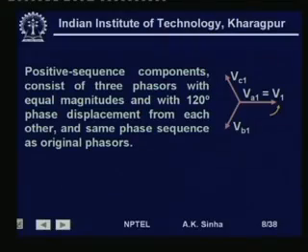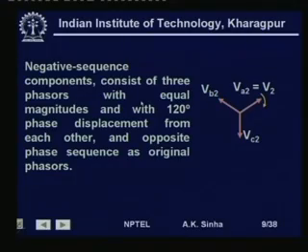Each of these phasors is displaced from the others by 120 degrees and has the same phase sequence as the original phasors, that is, the phase sequence is A, B, C, A, B, C, A. So, first A is here, then it moves 120 degrees, B will be in this position, then again another 120 degrees, C will be in this position, and so on. So, the phase sequence is A, B, C, A, which is the same as the original